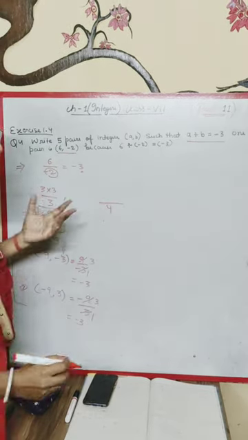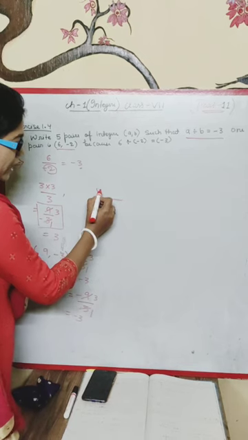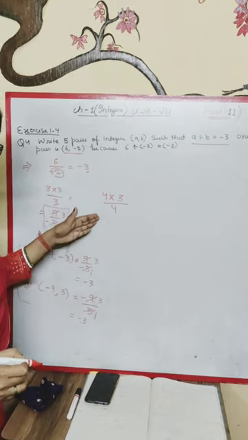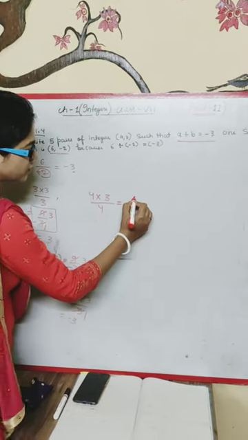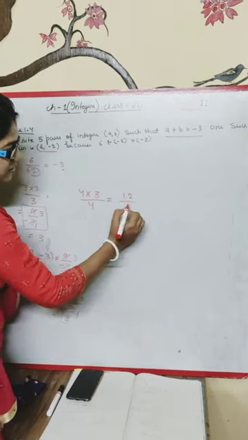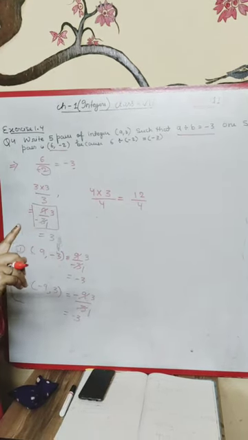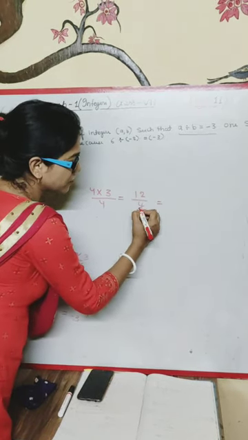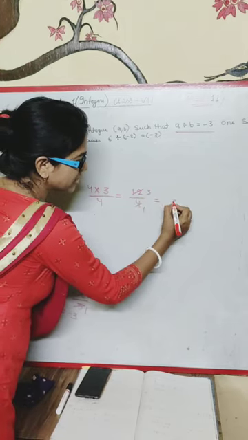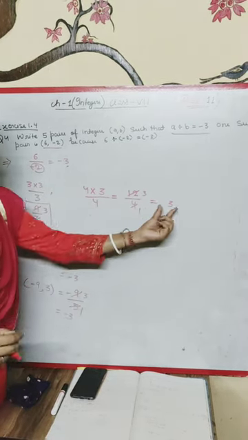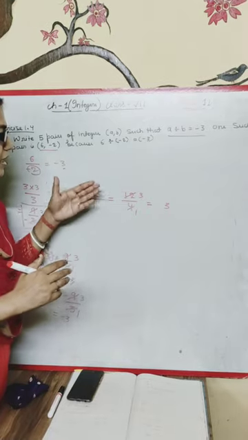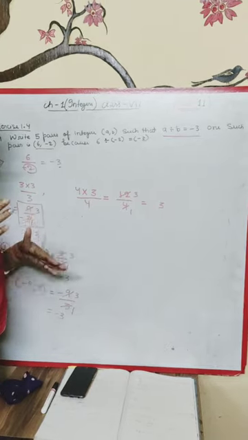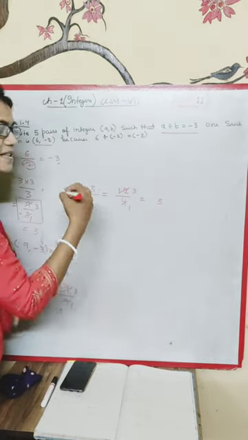Okay. So what do we have to do? For this denominator 4 we have to write 4 into 3. The answer is 3, so we have to multiply this 3 also. So what answer will we get? 4 3s are 12 by 4. Understood? And we have to find minus 3 as the answer. After solving this, just you see, 4 1s are 4, 4 3s are 12. The answer we are getting here is 3. So we have to find minus 3 as the answer. So if the negative sign is in the numerator, then also okay. And if the minus sign is in the denominator, then also okay. The answer will be minus 3.